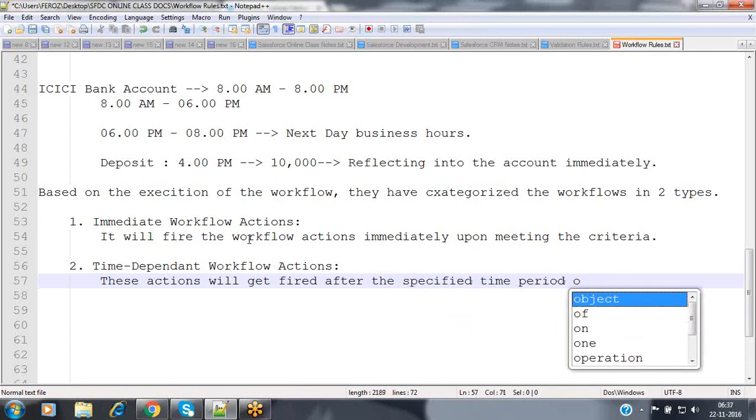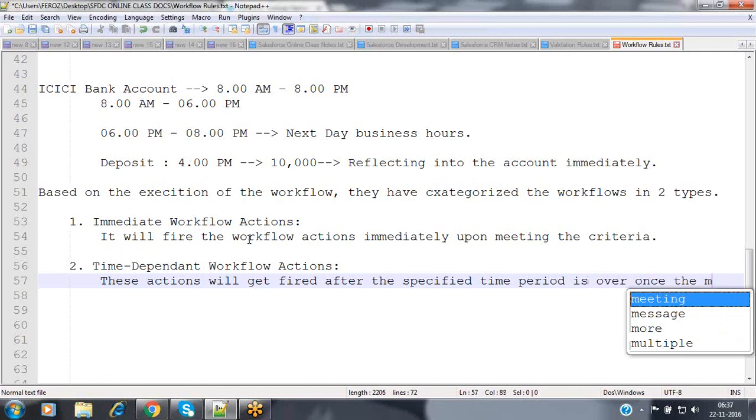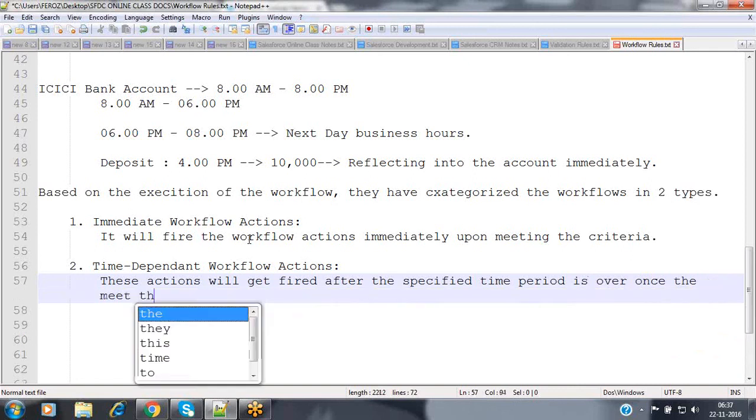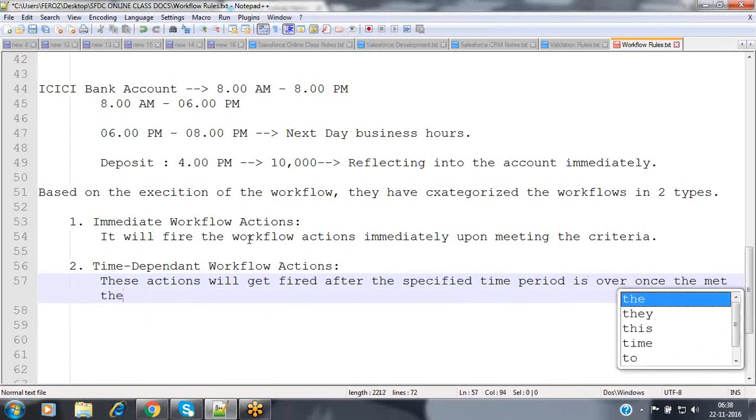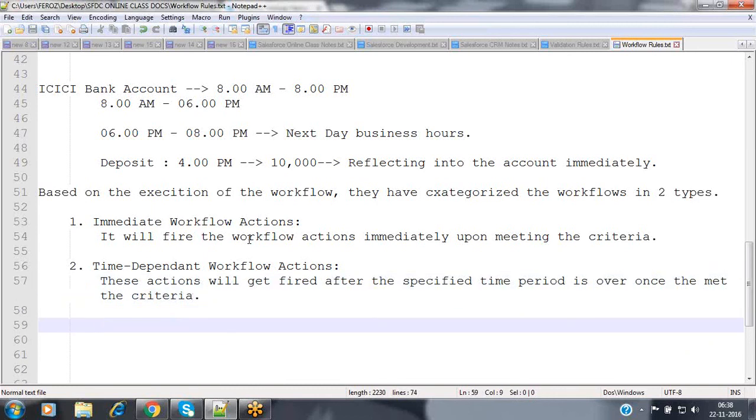Once the criteria is met, it won't fire the actions immediately. It waits for the specified time period, and once that is over, the action is automatically fired.